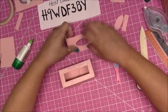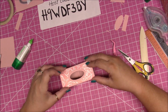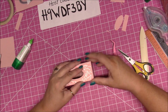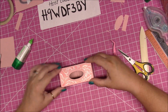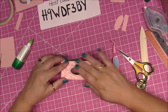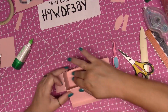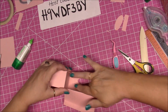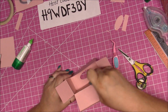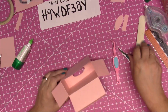Okay, I'm going to pick this back up, and I'm going to just carefully, ever so carefully, put it down, kind of do a finger press around the whole thing, making sure it's kind of even. Feel the sides, because that's how you can tell. Then you can open up the bottom and do another finger press inside. Take your bone folder if you want, rub it around like that, anything to make sure that it adheres down,